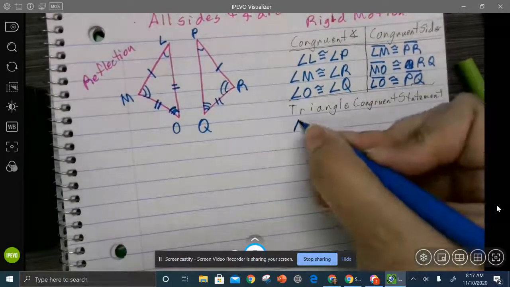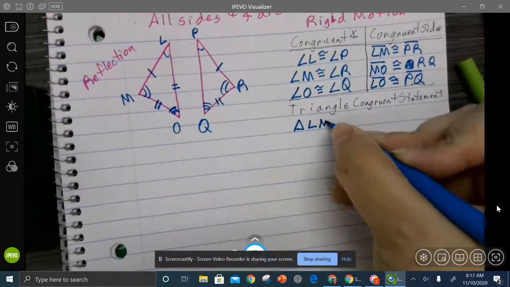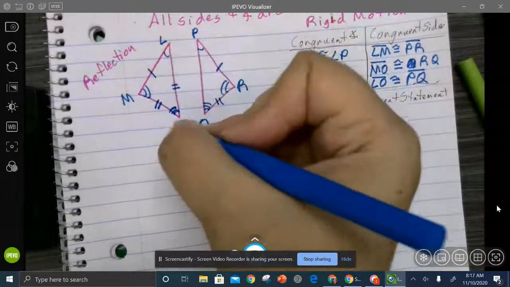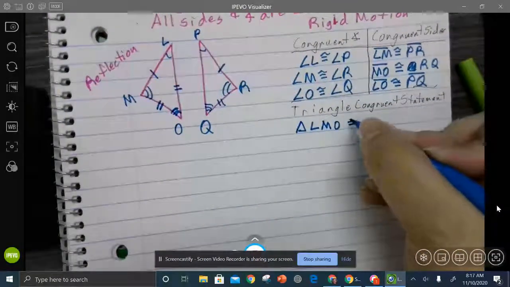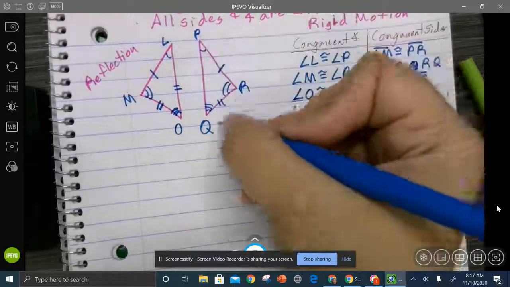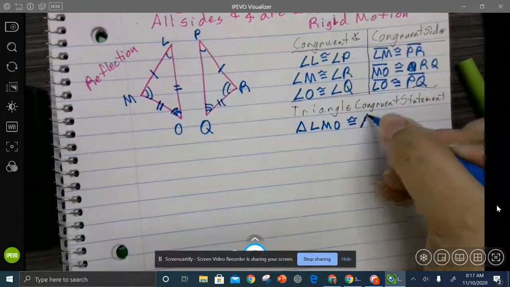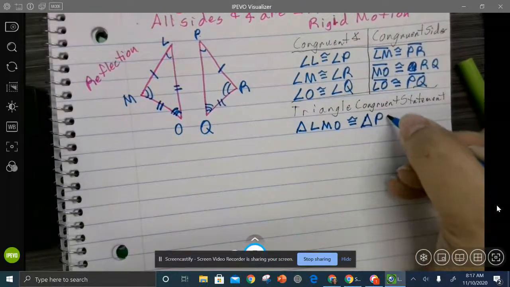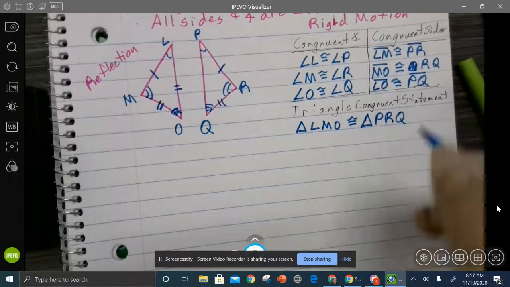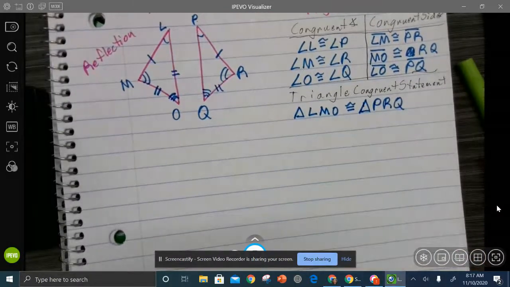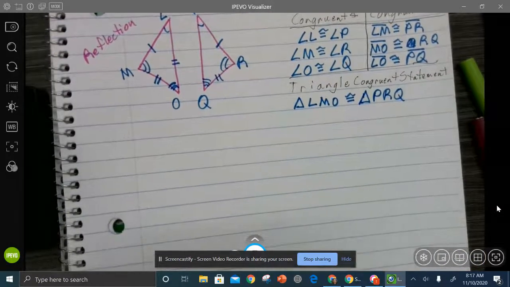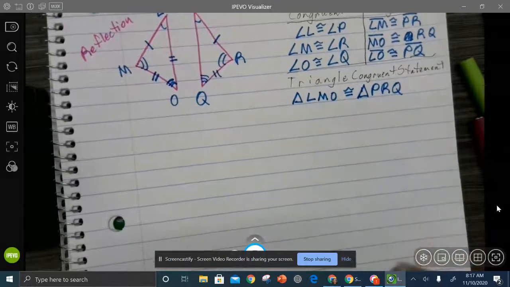Okay, so our triangle congruence statement. So triangle LMO is congruent to triangle PRQ. So when you're doing this, you just need to make sure you're going in the same direction. Okay. And then we also have